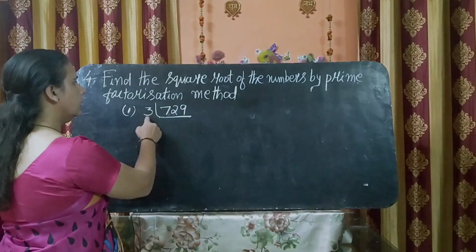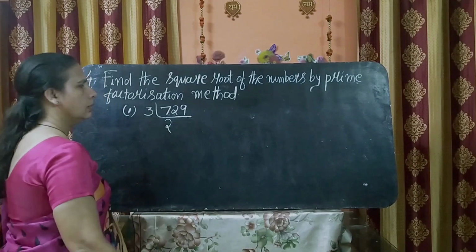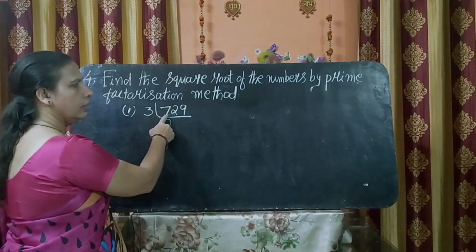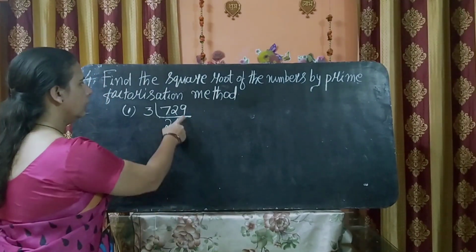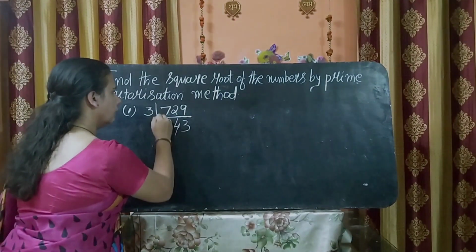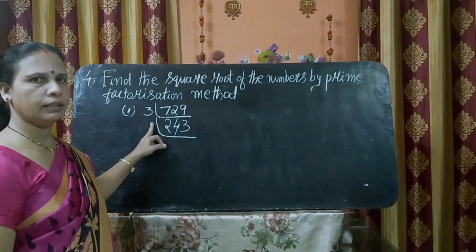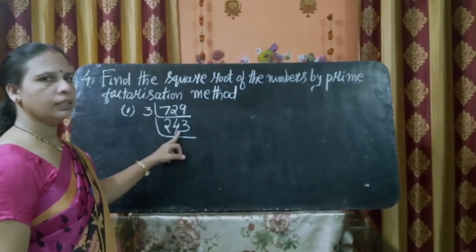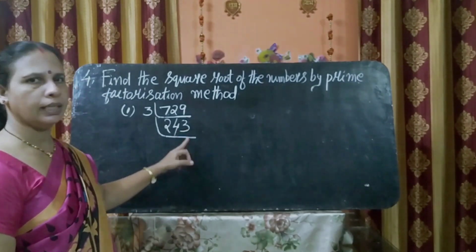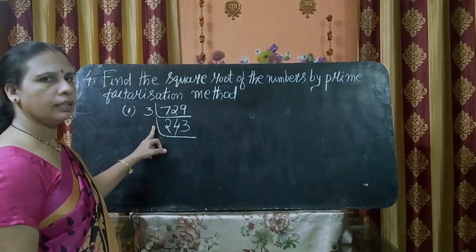Here, 3 twos are 6. How many are left? 1, so 12. 3 fours are 12. Then 3. 3 threes are 9. Then what is the factor here? For this number, 2 plus 4 is 6, 6 plus 3 is 9. So again 3 is a factor.